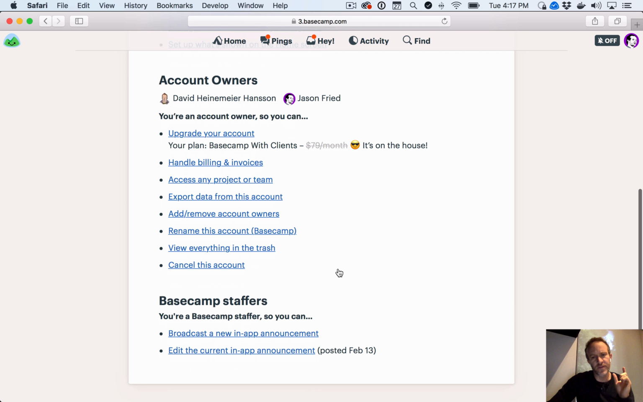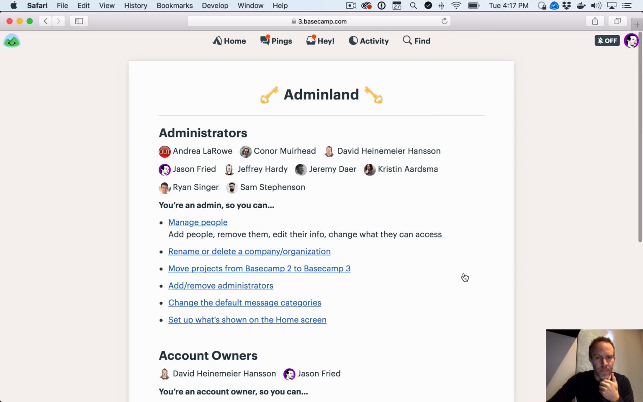And then down below, we actually have another group called Basecamp staffers. If you work at Basecamp, you can also broadcast an in-app announcement or edit the current one. So these are the three sections inside Adminland. Now, before I show you the redesigned version of it, I want to show you something that's kind